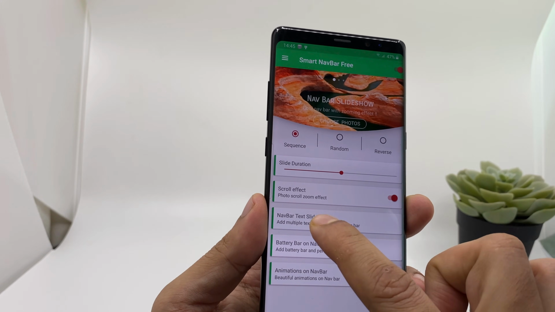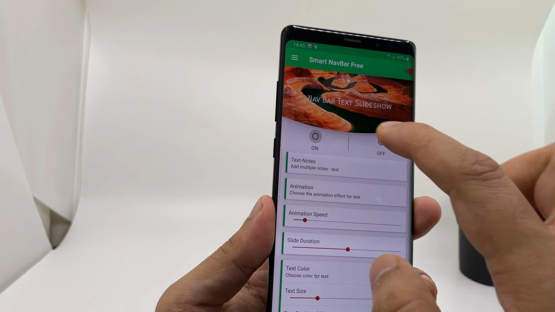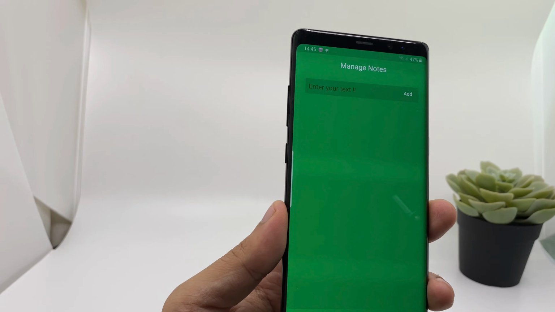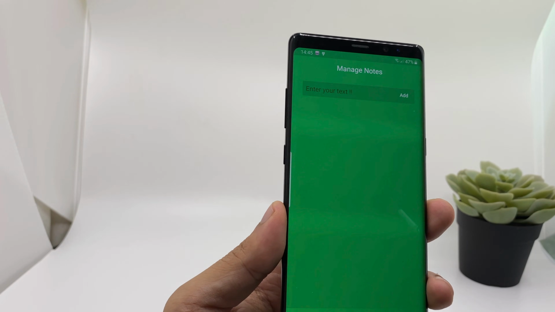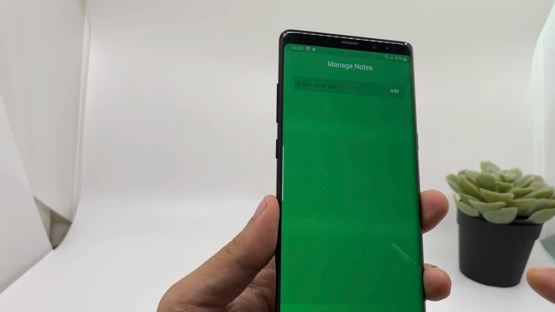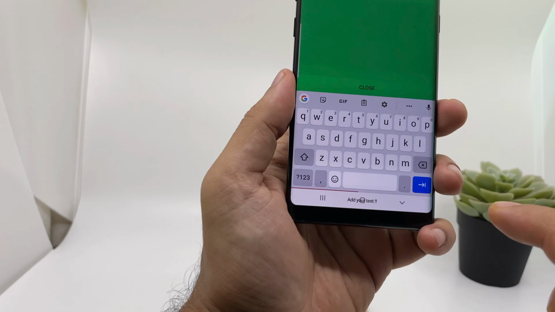So click on the Navbar Text Slideshow. By default, it's turned off. You can turn it on. Now in the text notes, you need to type what exactly you want in your navbar. You can see this is showing add your text. Click over here and for example, I'll put my channel name, which is